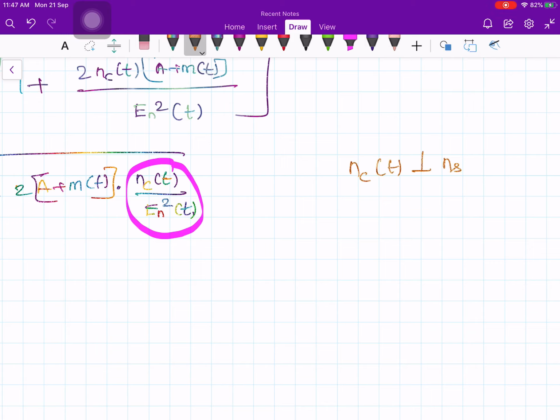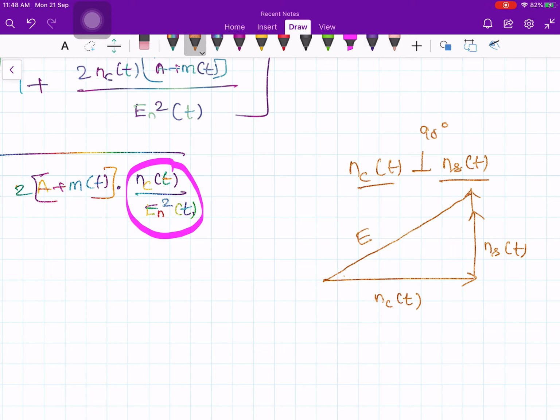Both are the in-phase component and the quadrature component, separated by 90 degrees. So let me represent my in-phase component by nc of t like this, and the quadrature component at 90 degrees like this, ns of t. Therefore this is my envelope,